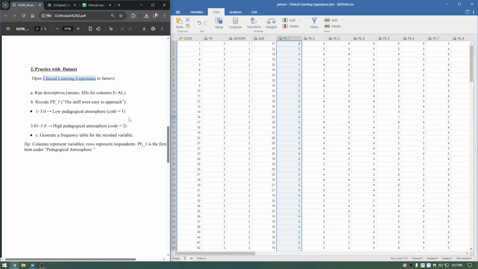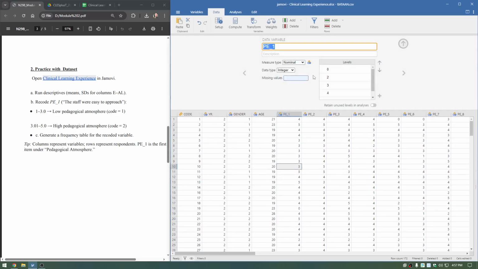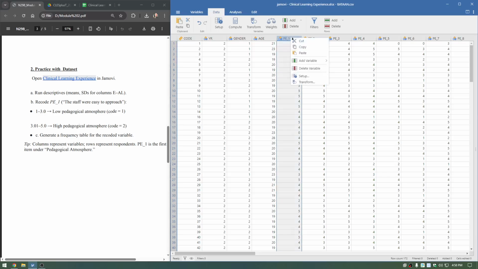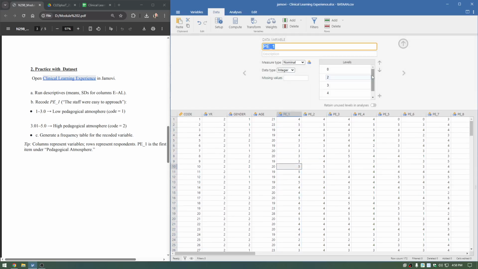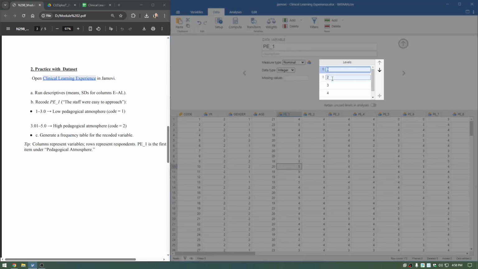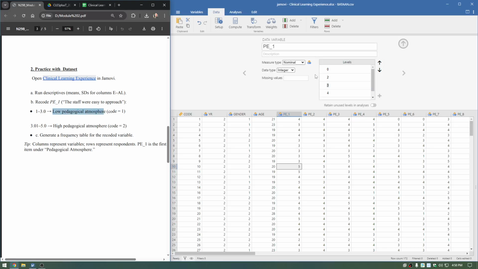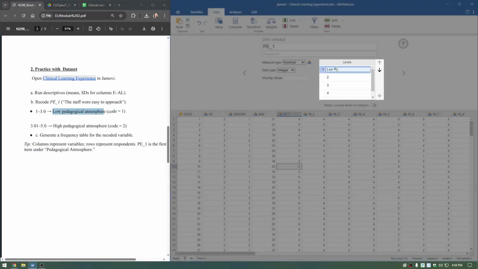And how do we do this? There are two main methods that I found to be worth it, or at least understandable and easy to do. The first method is that we could simply highlight PE1 and then set it up. Here at the levels we can find the current values that are present in this variable, and we can just manually change it. So we know that 0, 1, and 2 is low pedagogical atmosphere, so I'm just going to type here low pedagogical